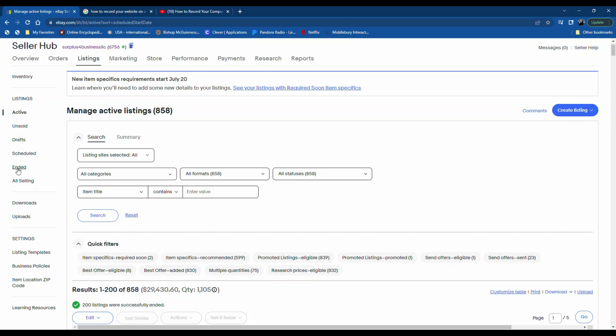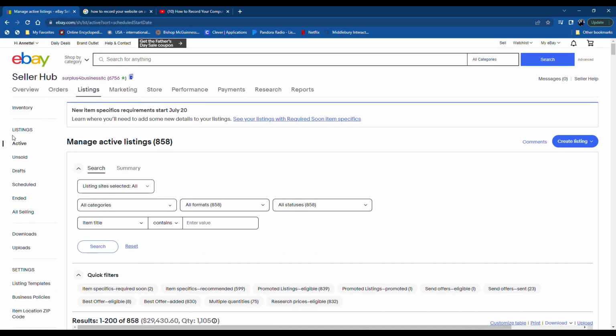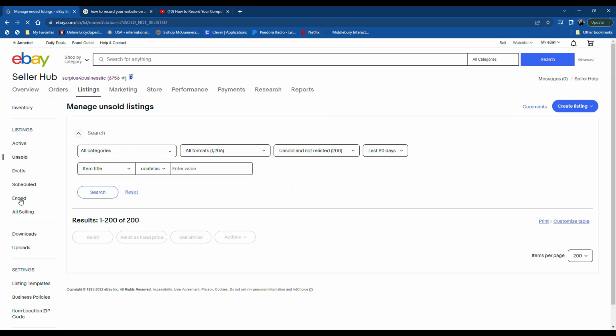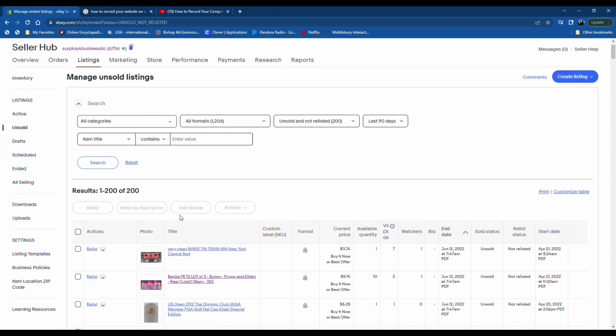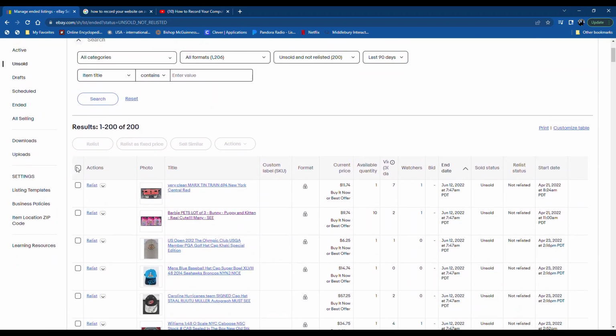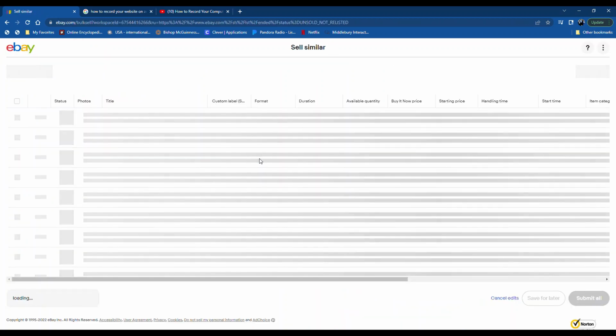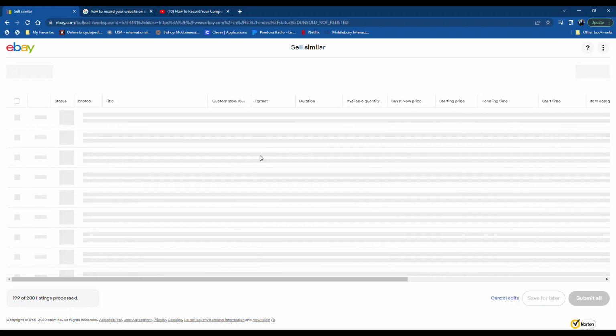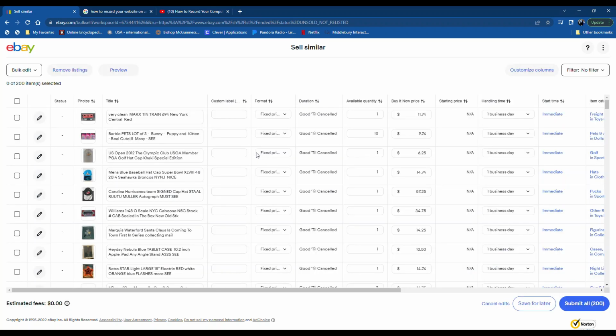So next step, to the left here, your inventory, you can see your listings. Go down to ended, and they should be in there. Results 200. So the 200 are now in here. We're going to select that. We've selected 200, and then we want to, instead of these options, click the Sell Similar. Click it, and next they will appear. It takes a moment,